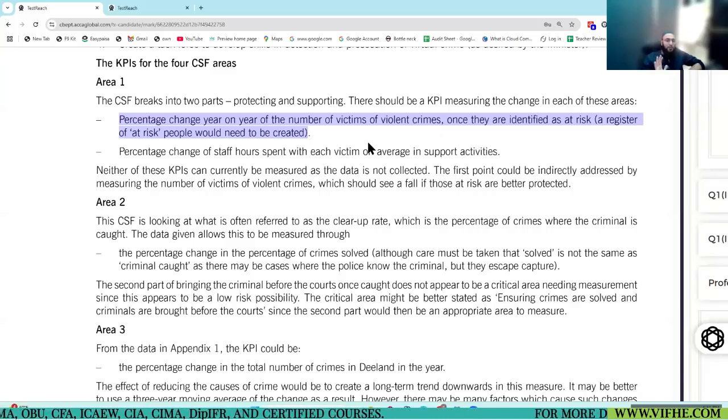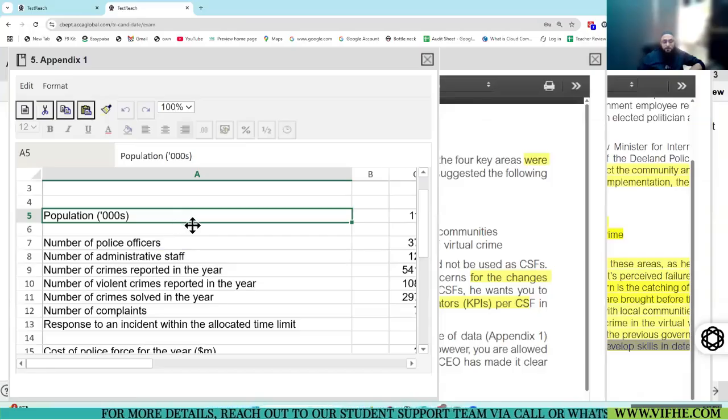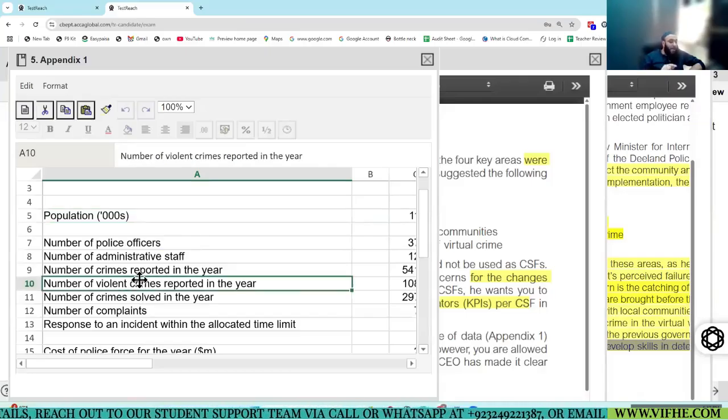Now, my question to you people is: is the percentage change year on year of the number of victims of violent crimes given in the data? No. This is the number of violent crimes reported in the year. This is not the number of victims.